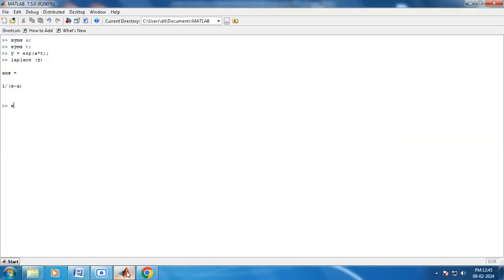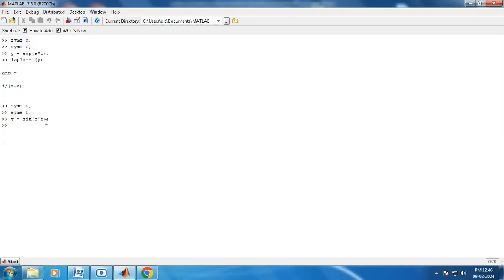First define syms omega, semicolon, syms t, semicolon, the variable y equal to sine of omega, that is w, into t. Here omega will be written by w. So we have to put a semicolon